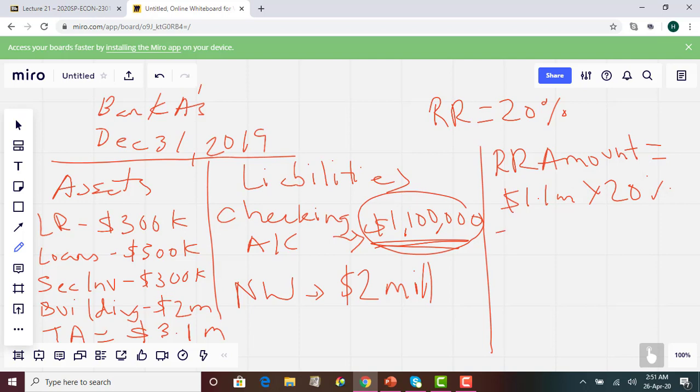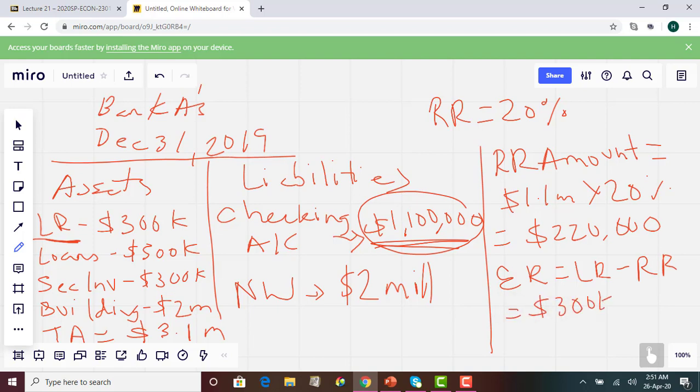Okay, that is equal to 220,000. So that's the required reserve amount. Now, what is excess reserve? We know here in this case, legal reserve is given. So excess reserve is equal to legal reserve minus required reserve amount, which is equal to 300k minus 220k, and